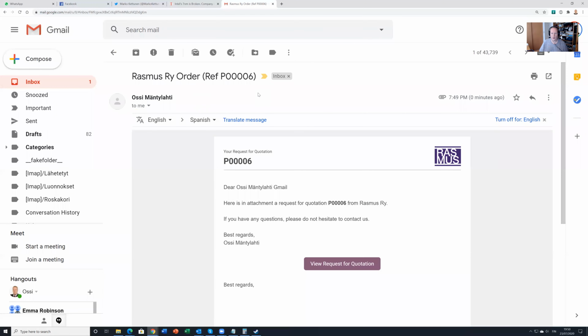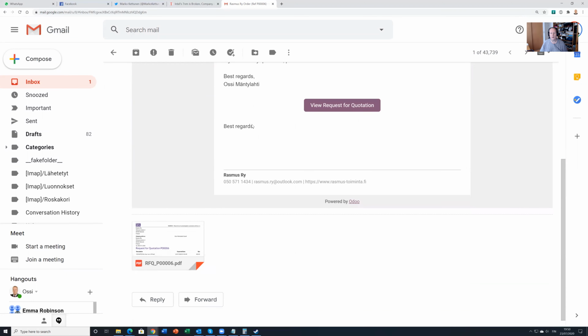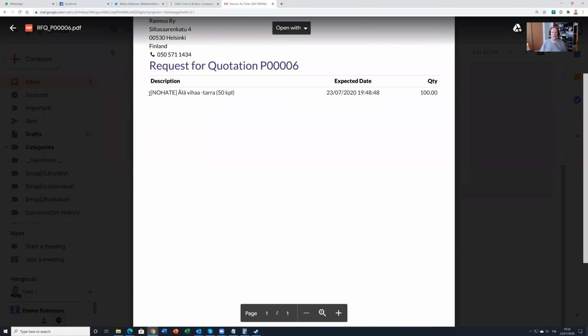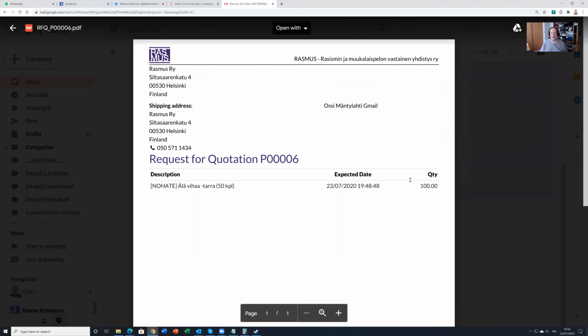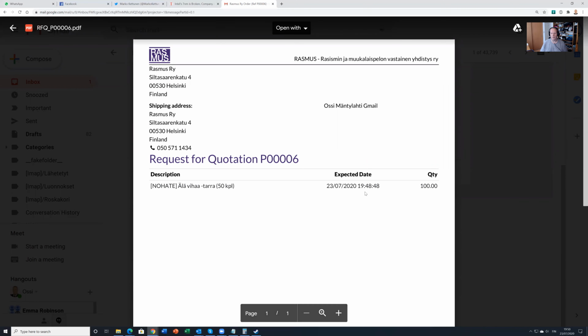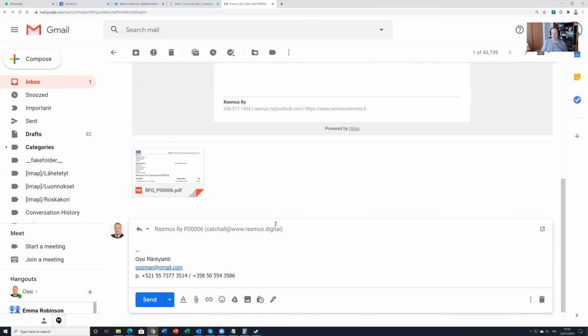Now I'm the provider. Here is the message that I will be receiving. In this message, I will be seeing that Rasmus has requested a quotation from me, and this is the same message that I can see. So we are expecting this item, 50 units, and we want to have 100, and the expected date is this and this. We can, as a provider, reply and say,